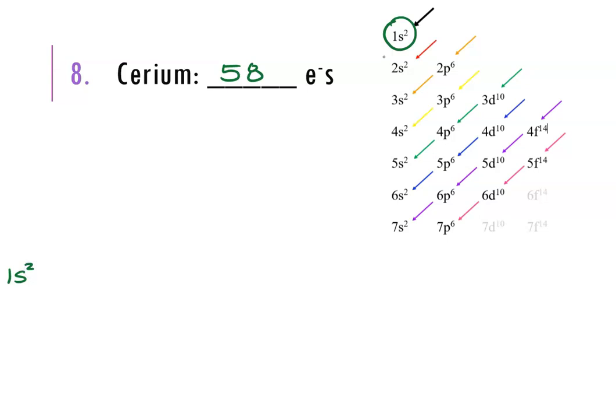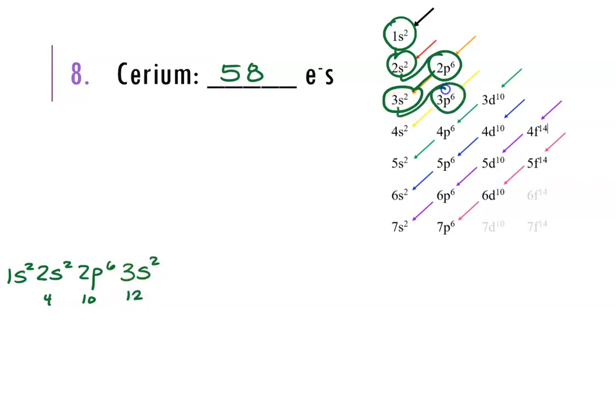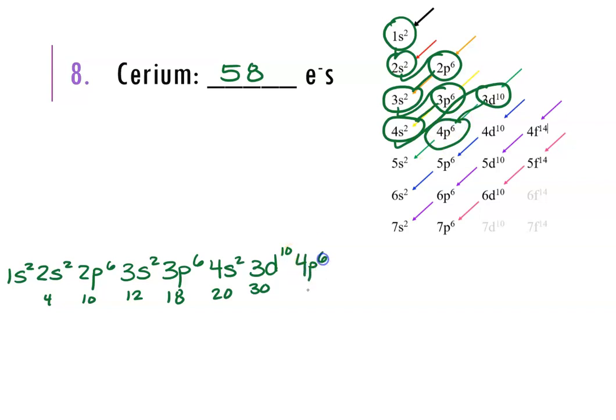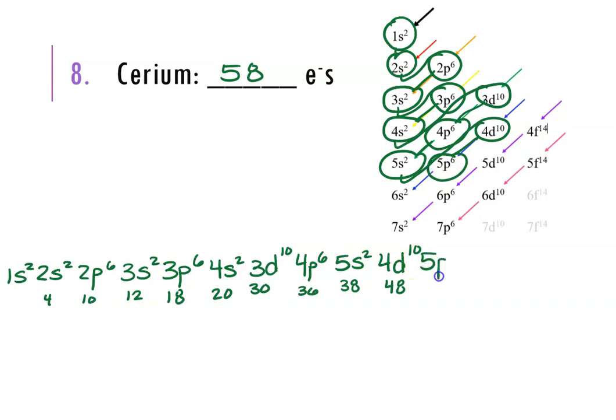So I'm going to do 1s2, 2s2 gives me 4, 2p6 gives me 10, come down, 3s2 gives me 12, come up, 3p6, 18, 4s2 is 20, 3d10 is 30, 4p6 is 36, 5s2 is 38, 4d10 is 48, 5p6 is 54,